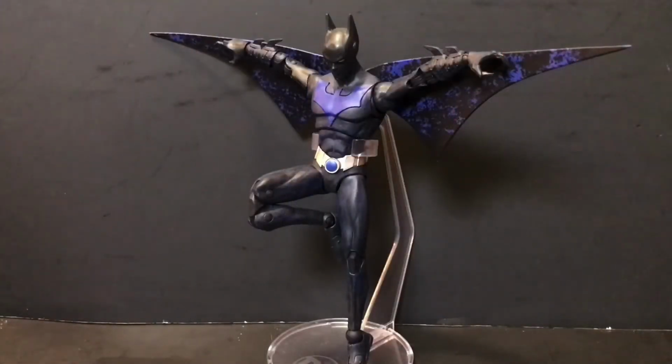Overall, while I am happy to be adding essentially another member of Batman Beyond's Rogues Gallery to my DC Multiverse collection, I do hope we get a proper version of Ink someday, along with other villains from the Batman Beyond animated series like Spellbinder and that crazy hunter guy with the robotic spine. I'm sure there are a few other really awesome characters that I am missing, but for now, at least for the price I paid for this guy / girl, which would be the low price, the half price of $10,